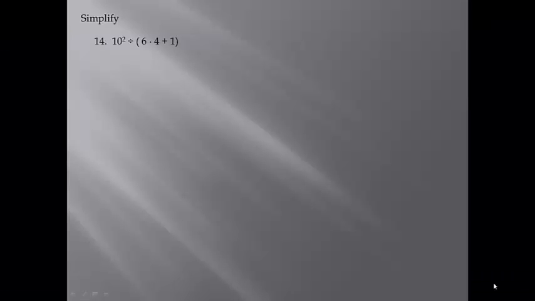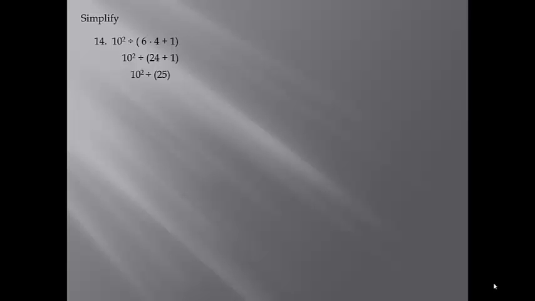Simplifying. Number 14, 10 squared divided by parentheses 6 times 4 plus 1. So according to PEMDAS, I have to do parentheses first, and inside the parentheses I'll do multiplication. My new problem reads 10 squared divided by parentheses 24 plus 1. I'm not done with the parentheses yet, so I have to add. My next problem is 10 squared divided by